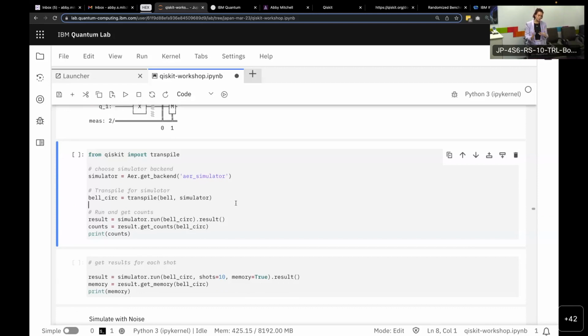I think it's probably not as important if you're running it on a simulator, but I like to show that step anyway, because I think it's good practice to transpile for your simulator, then you remember to do it when you're running it on real hardware. So I'm going to call transpile. I'm passing in my Bell circuit, and I'm passing in my simulator, and then I'm just saving that in this